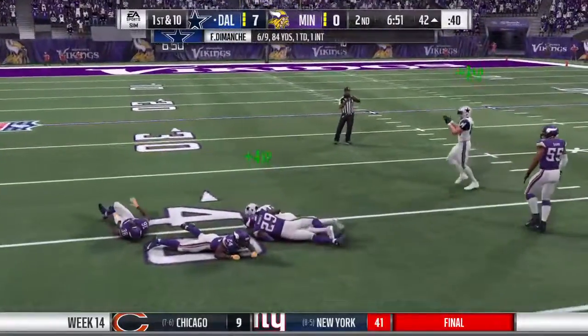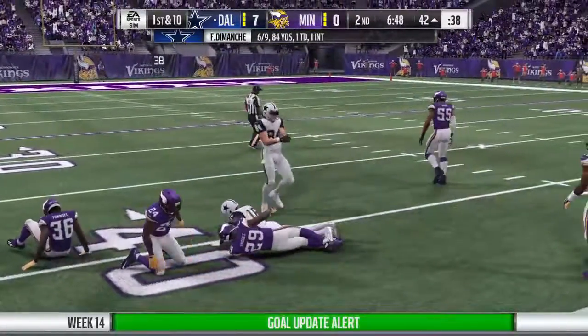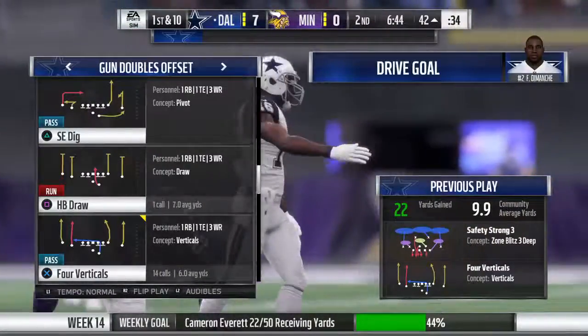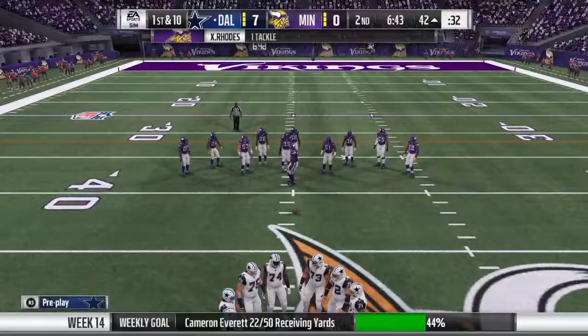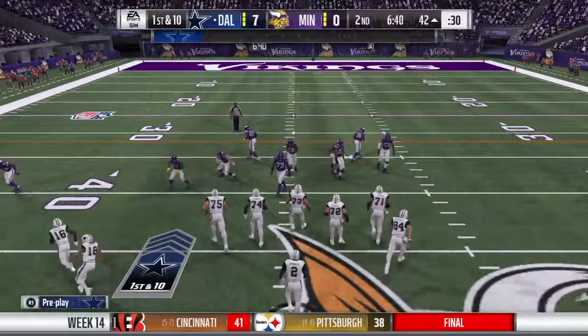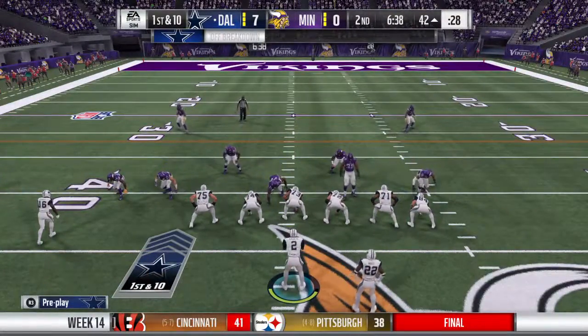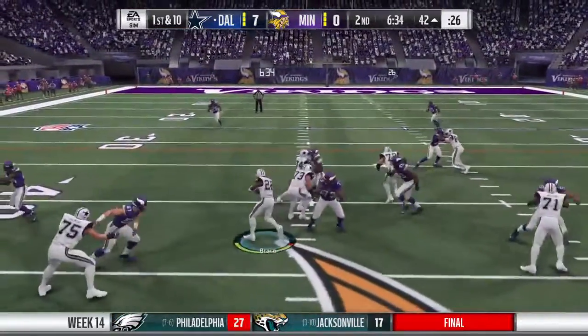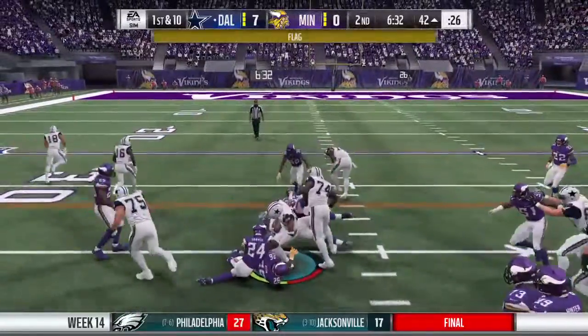Out left, he's got it to Everett. And he's taken down, but not before getting this across midfield and just shy of the 40. A good pickup there at 22. Never make the mistake that the slot receivers, especially the little guys like we're watching here, are just quicker than fast. A lot of them combine quickness and speed,